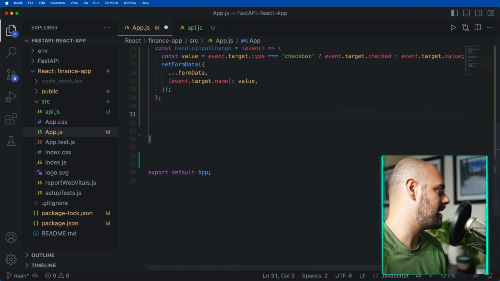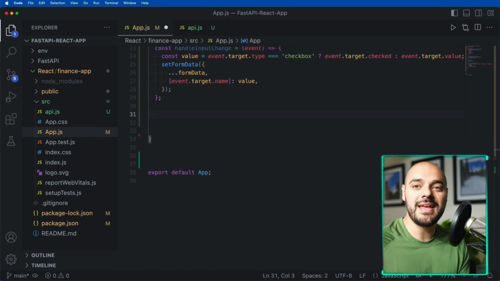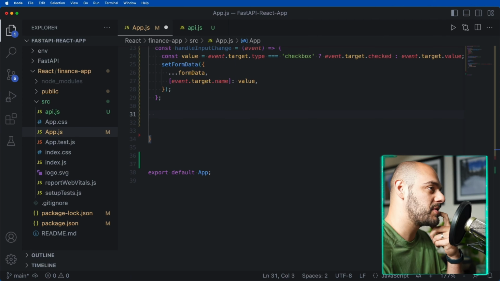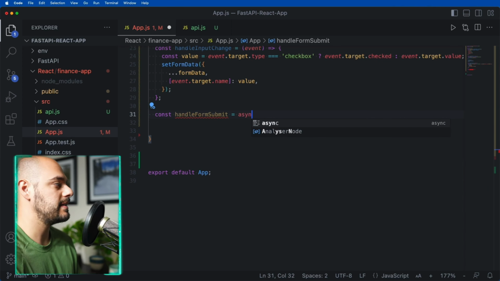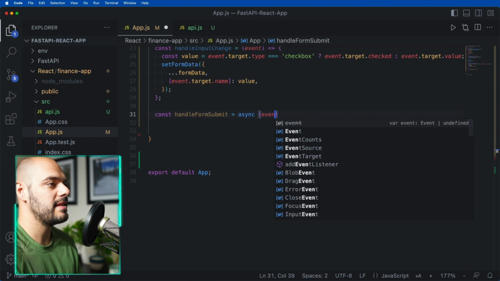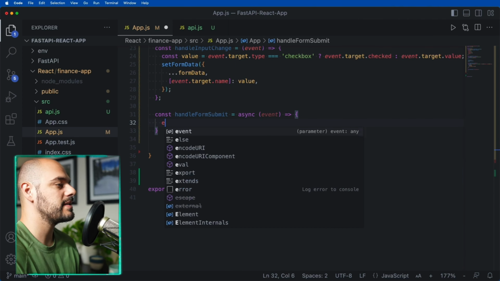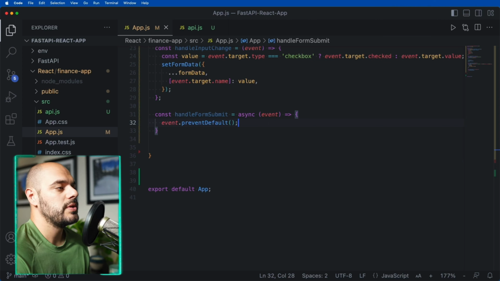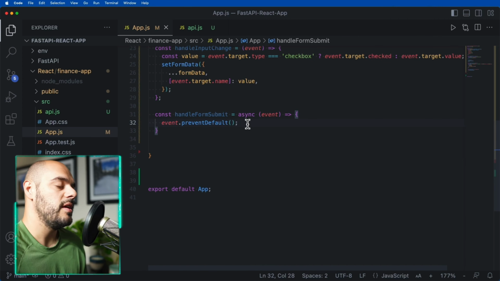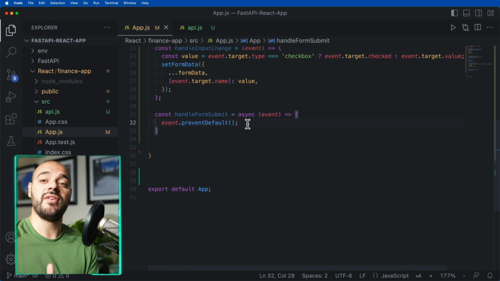All right, and now let's go ahead and create one more, handleFormSubmit, and this is going to be the way that we can submit a form. And we can create this function by saying const handleFormSubmit equals async, where we can pass in the event arrow function, brackets, and here we want to say event.preventDefault. And what this will do is when we submit a form, the normal event is to submit the form. We do not want that to happen. So we're going to prevent it from defaulting to submitting the form